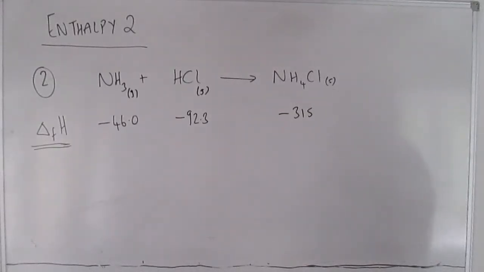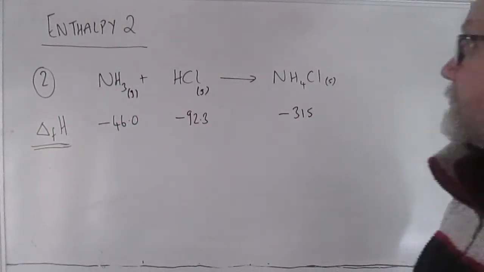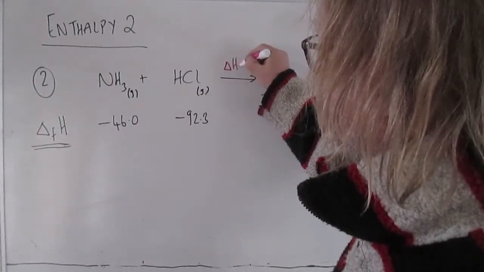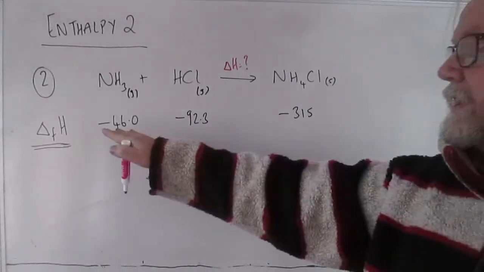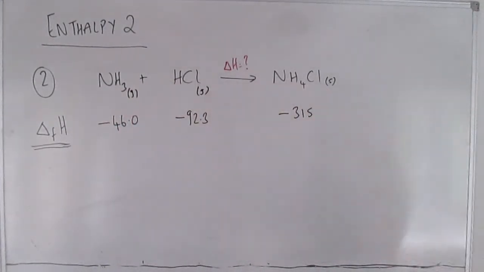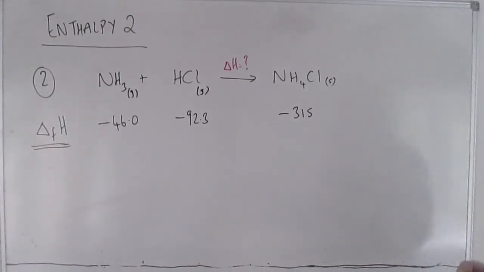Okay, so question 2, we're putting Hess's law into effect. It gives us a reaction, and our job is to find delta H for that reaction. What's going to make it possible is that we know the enthalpy changes of formation of each of the compounds involved. So you need to remember from the first section on enthalpy what delta H of formation means. It's absolutely critical you remember the definition, otherwise you really have no idea what the significance of these numbers is. So remember, it means the enthalpy change when 1 mole of the compound is formed from its elements